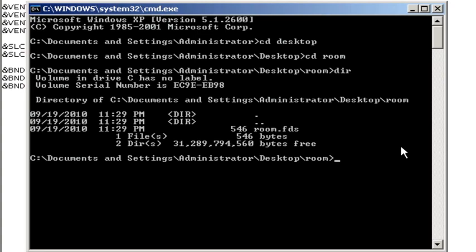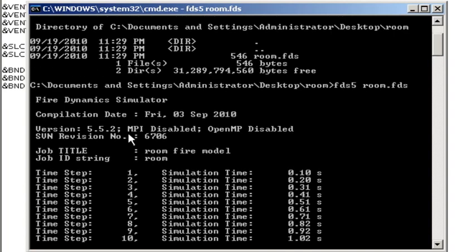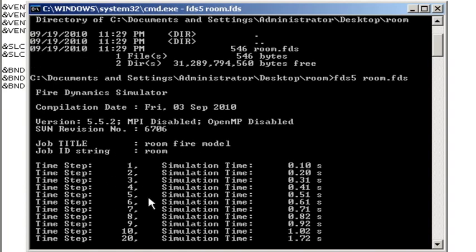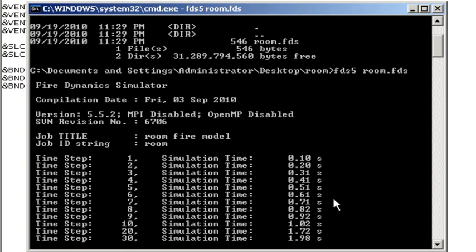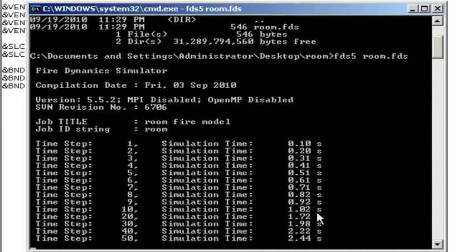So now I've installed FDS and rebooted, and I can type fds5 space room.fds. So if I press enter, the model will actually run, and in a few seconds we'll start printing information. So I get the version number, the job title, the job ID, and it's going to print time step and simulation time information. Since we put in 900 seconds, it's going to continue running until it gets to 900